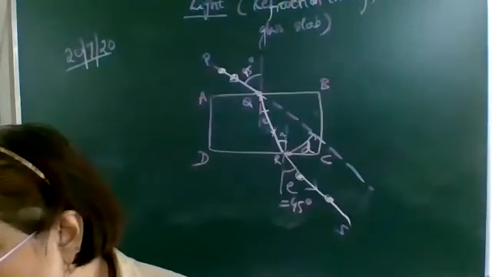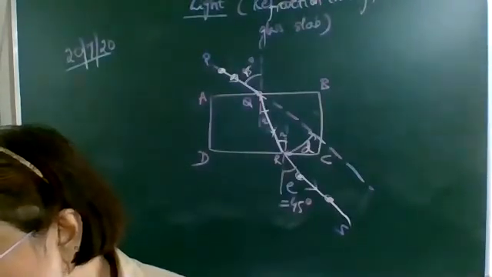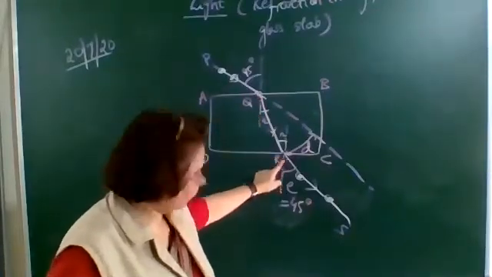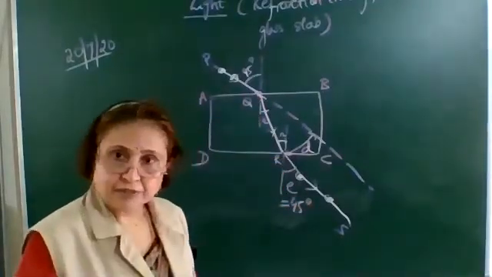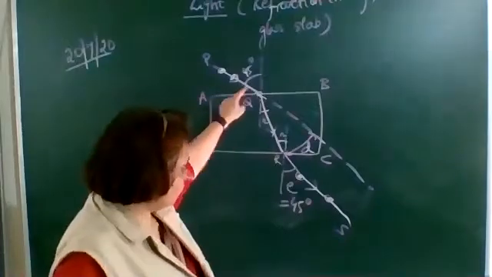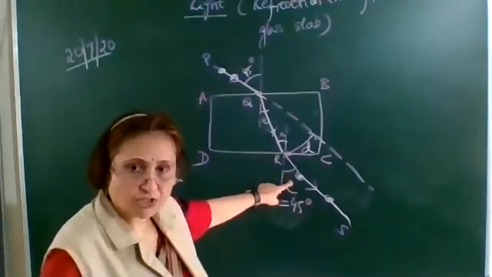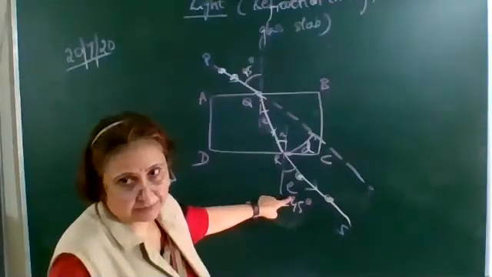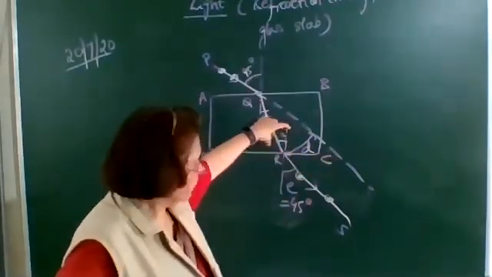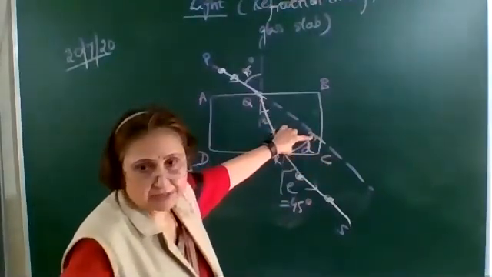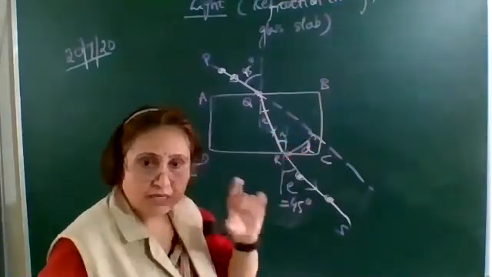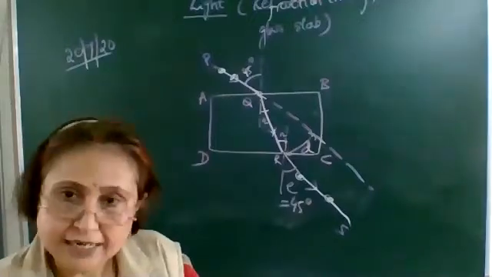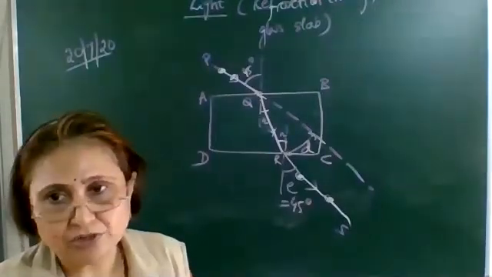Remove the pins and the glass slab, join the lines. So this is the incident ray, QR is the refracted ray, RS is the emergent ray. You can measure the angle of incidence and angle of emergence. You have to measure in the lab, and you will see that both the angles will be equal. Extend the incident ray and also measure the lateral displacement. With the help of a scale, you can measure the distance between these two. So this experiment is from the book, and as I explained, you will write it in your copy. Is that clear?